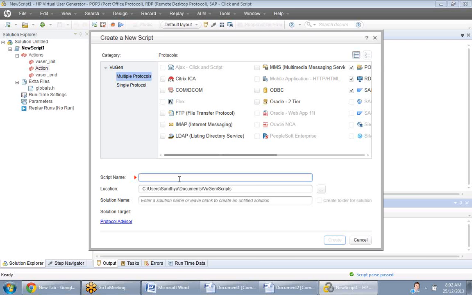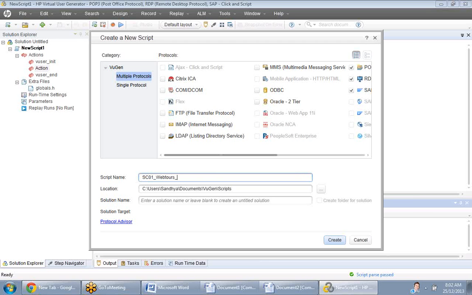The naming standards also have to be considered, because in the same application you have to prepare a script for login, a script for searching, booking a ticket, searching a product, buying a product, ordering a product, and all these are in the same application. So you should understand how to name a particular script. Suppose this is a script, it will start with SC01 underscore, then the application name. Suppose I am using WebTours.